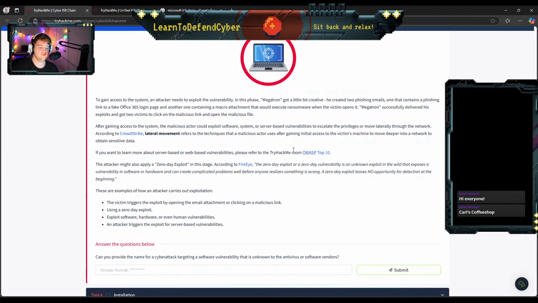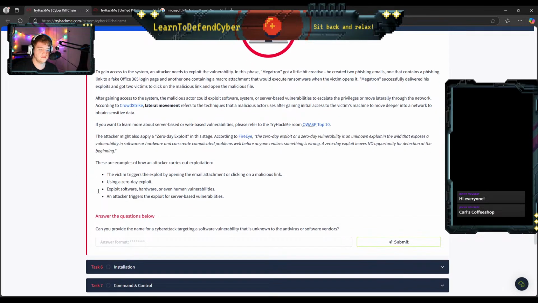So, TryHackMe room, OWASP Top 10. OWASP is a pretty great resource about learning what the top vulnerabilities on web apps are. Server-based, apparently they have information about that too. I've always known them for web-based vulnerabilities. An attacker might apply a zero-day exploit, which is just, again, an exploit that hasn't been patched. We talked about this in the past. This is a big, long blurb about all that. There are examples of how an attacker carries out exploitation. They can trigger the exploit by opening the email attachment. They can